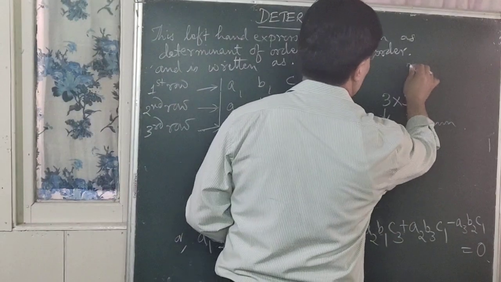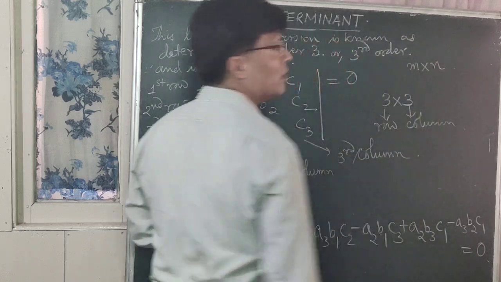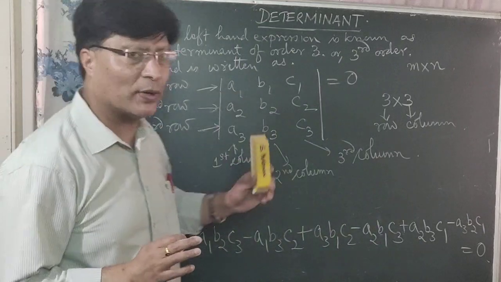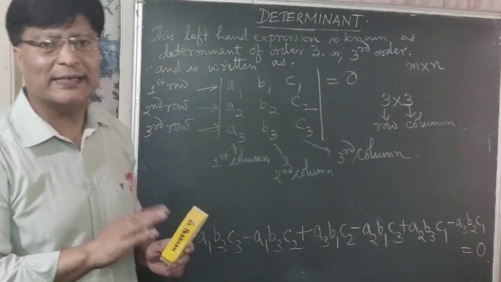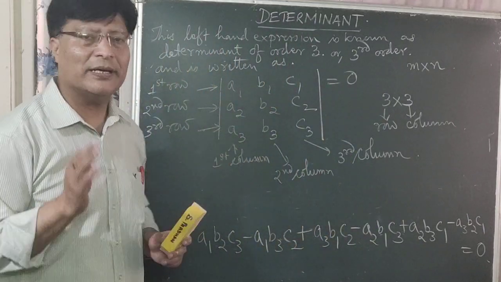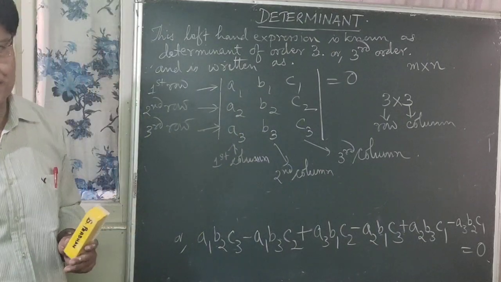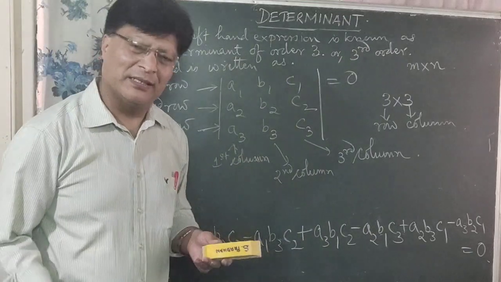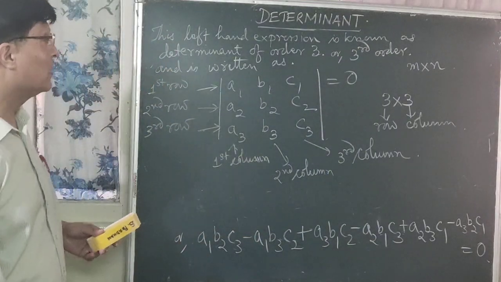If you write down the order of the determinant as m cross n, what does it mean? M rows and n columns. Okay? So we have to do only determinant of second order and third order only. Okay? So